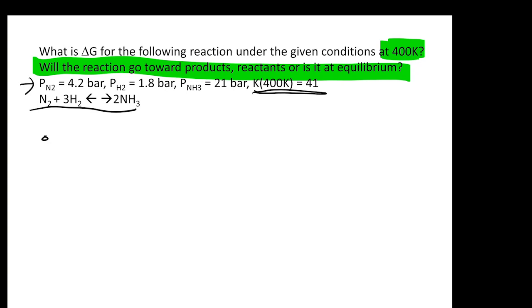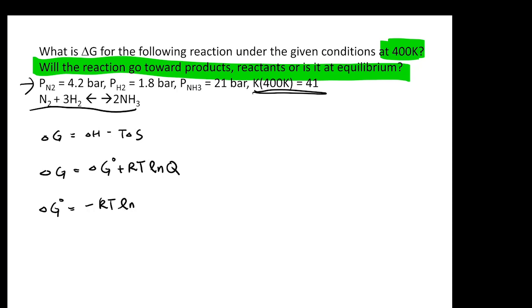Write out the three most important equations. Delta G equals delta H minus T delta S. Delta G equals delta G naught plus RT natural log Q. Delta G naught equals negative RT natural log K. One thing you can see very clearly is that it gives you the equilibrium constant K here. There's only one equation containing the equilibrium constant K. Therefore, what this means is actually telling you